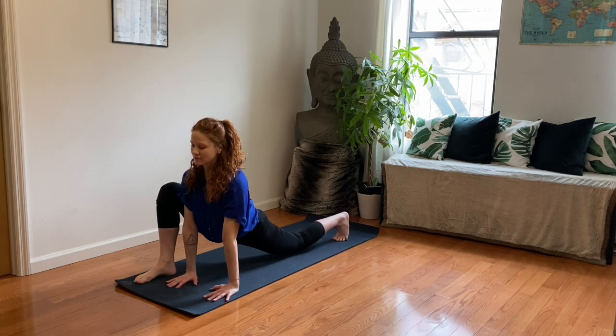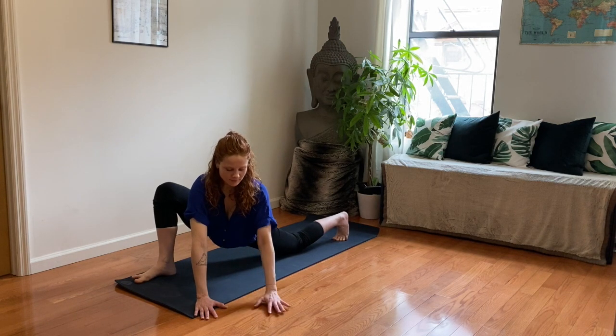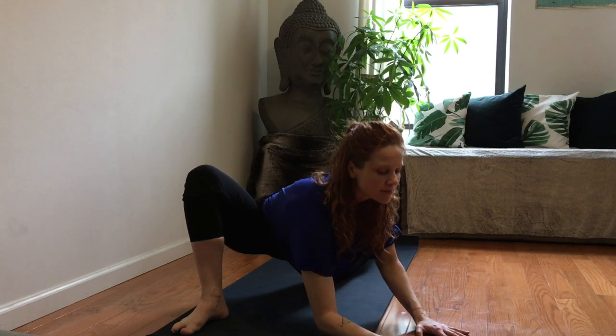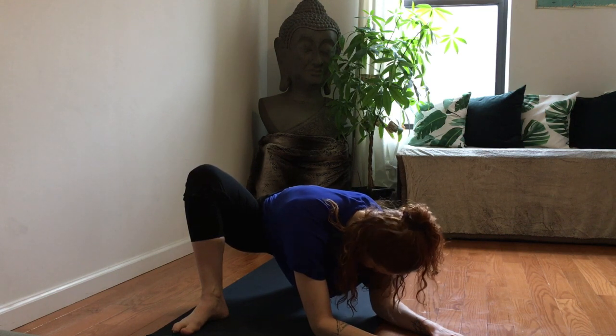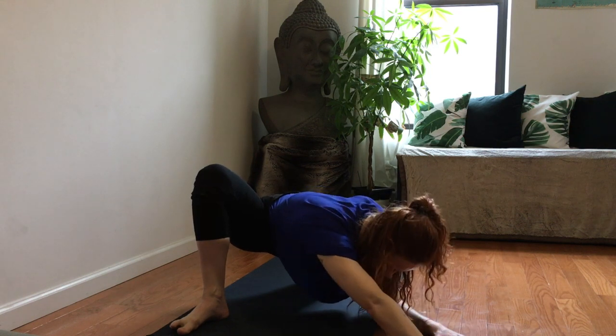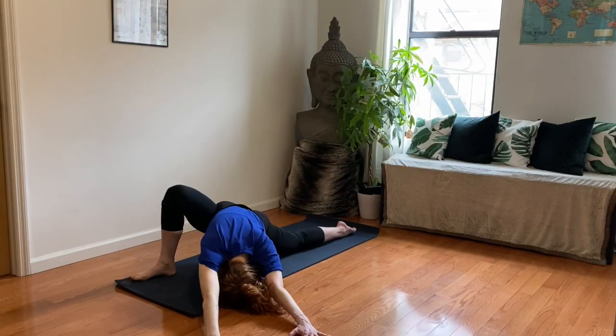You can untuck the toes or keep them there. And just find a nice stretch here. And we're slowly going to rotate, connecting to our wandering dragon pose. And you can just stay here, or if that feels good, bend your elbows. That might feel quite intense, so we want to maintain our deep breath. And if that feels like an option, you can stretch both arms and find that nice stretch in your spine